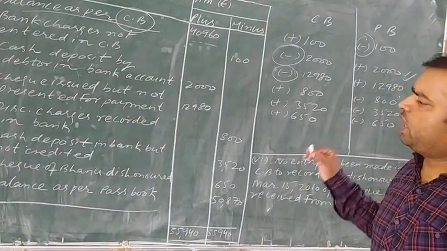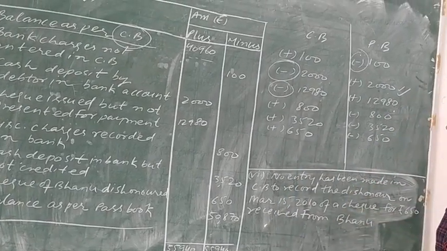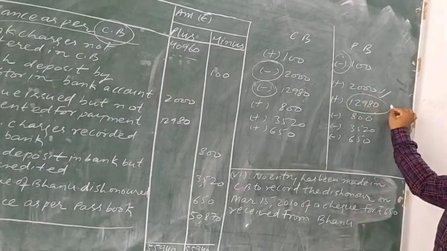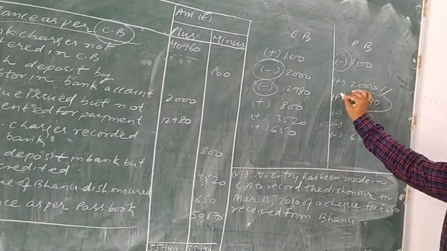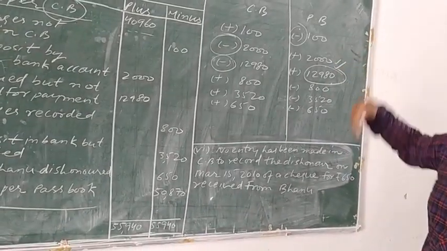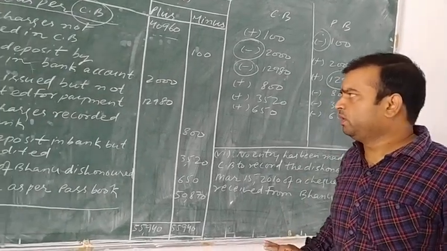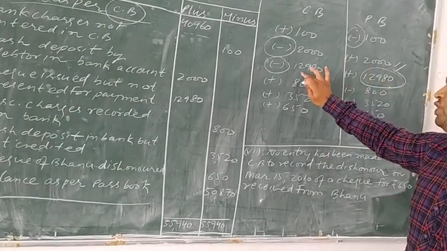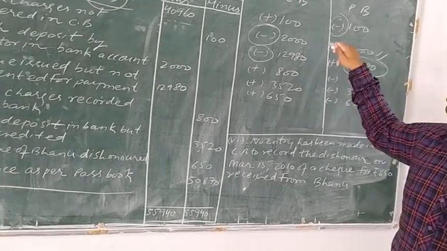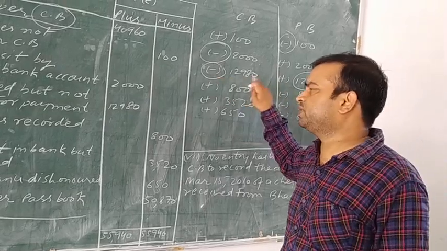Means this amount has not been taken out from the bank by the person to whom this check was given. Means this amount is present in the bank. So we have to use the plus sign here, because this money has not been withdrawn by the person to whom the check has been given. Right? But the treatment is shown by the business unit of Naman within the cash book. So we have just subtracted this amount from the cash book.